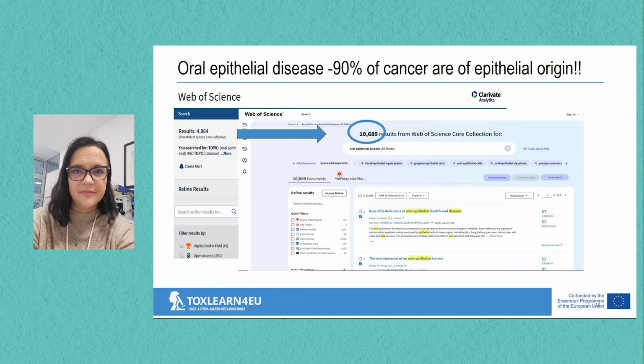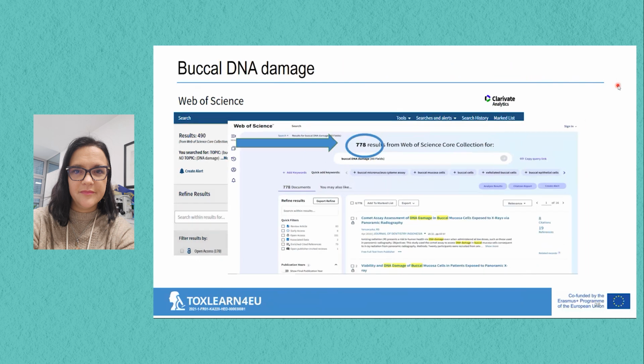So there is a big increase in scientific interest in that, because you also need to know that for the cancer risk prediction, it is important. Epithelial cells are important because more than 90% of cancers are of epithelial origin. So if you detect the DNA damage or elevated levels of DNA damage in epithelial origin, you can inspect those people or even predict if they will or not develop the cancer, which type of the cancer, and you can make a therapy to prevent those things in time.